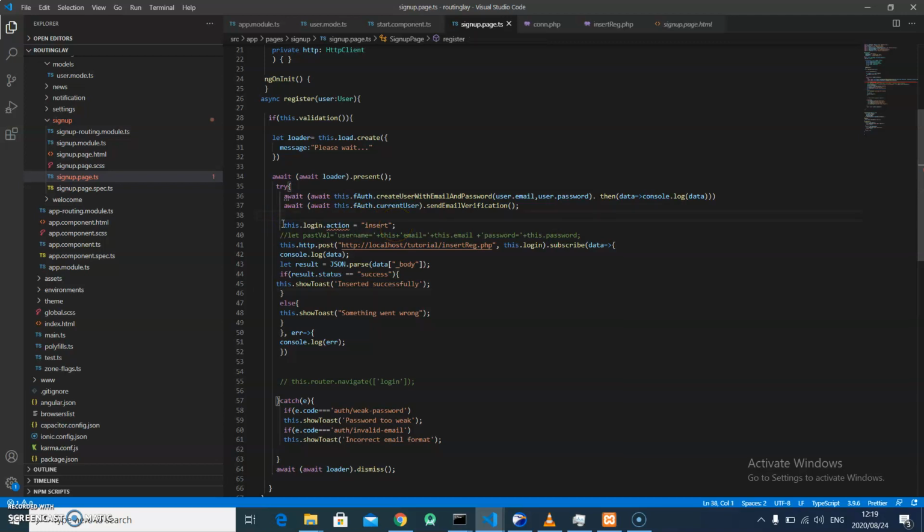Because I can take this thing out, because I really don't need it. You can see it says login action is equal to insert, meaning the action I'm about to do is an insert action. And once that is done, first I need to fix this, because I think this file,